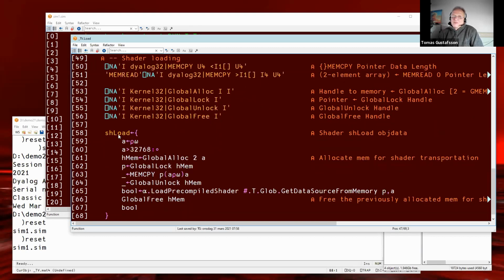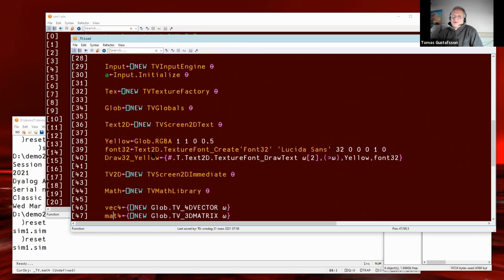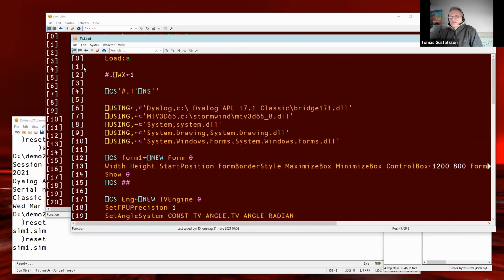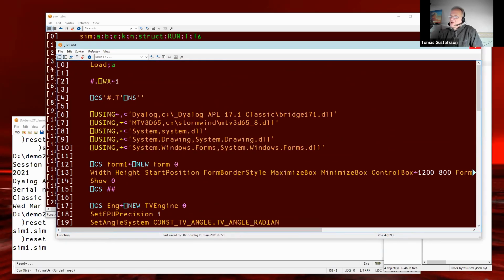At runtime, you do some mumbo jumbo with APL global alloc and global lock memory, and copy it and get it into the engine this way without having to do any work on the hard disk. So that's the load process. It pretty much has to be done this way, and there are a couple of steps to go through.